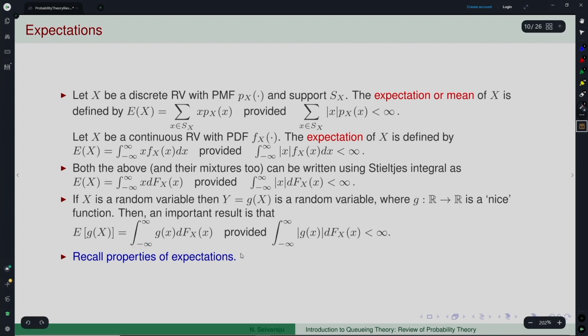And again you can recall the properties of this expectation operator. This is an operator, whether it is linear and so on, so that you can do certain operations. Expectation of X plus Y, you can write as expectation of X plus expectation of Y. So, the relevance for us is that you can break it up. If you want to compute the expectation of a certain quantity, you can break it up into pieces, compute individually and sum it up. That is what it would mean.